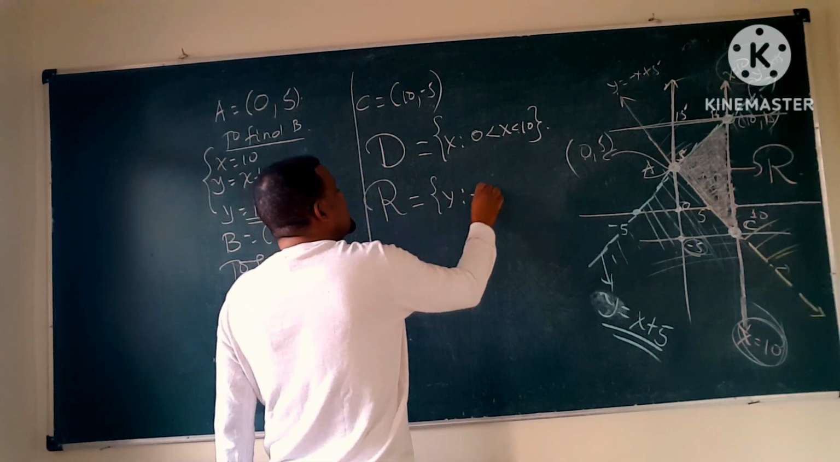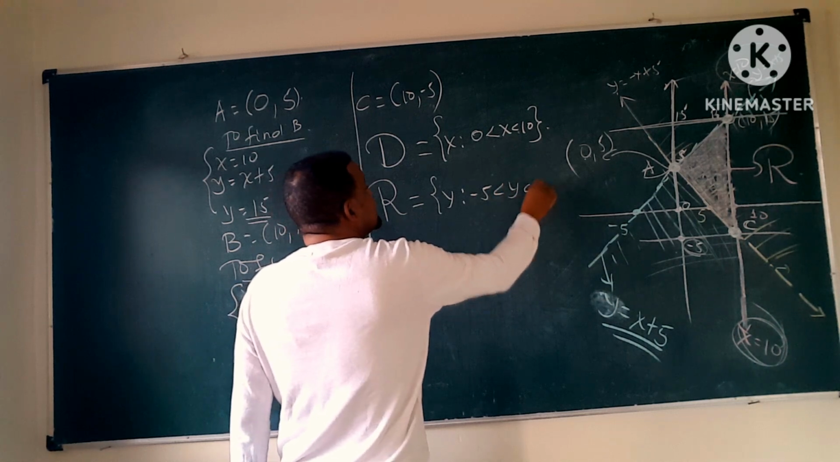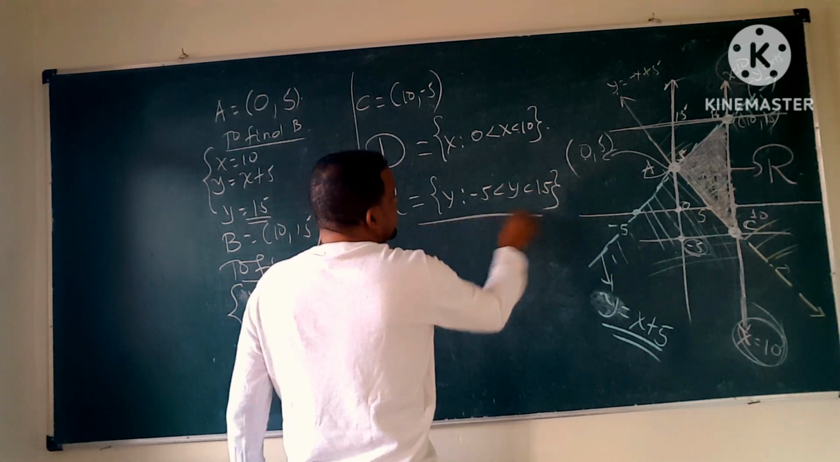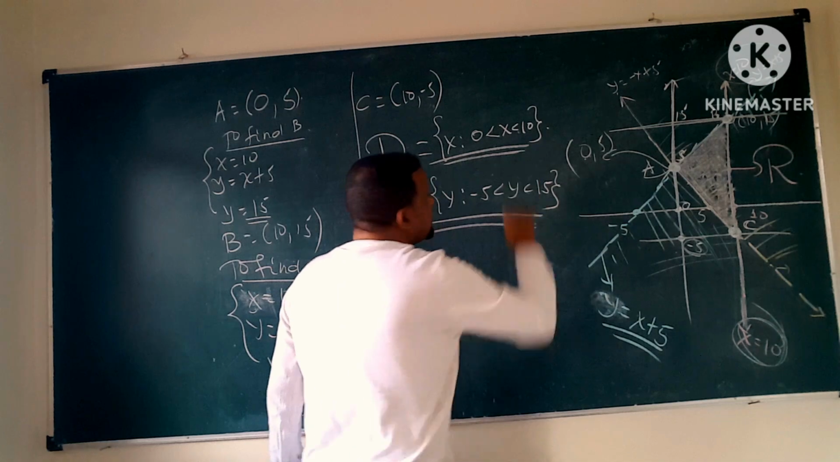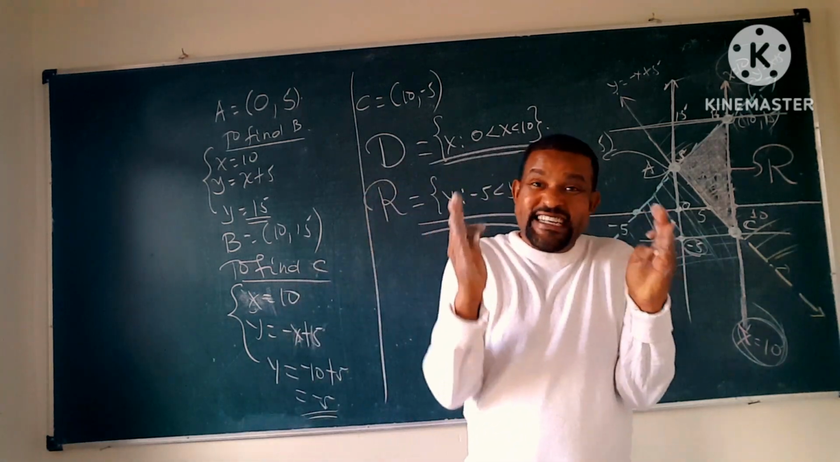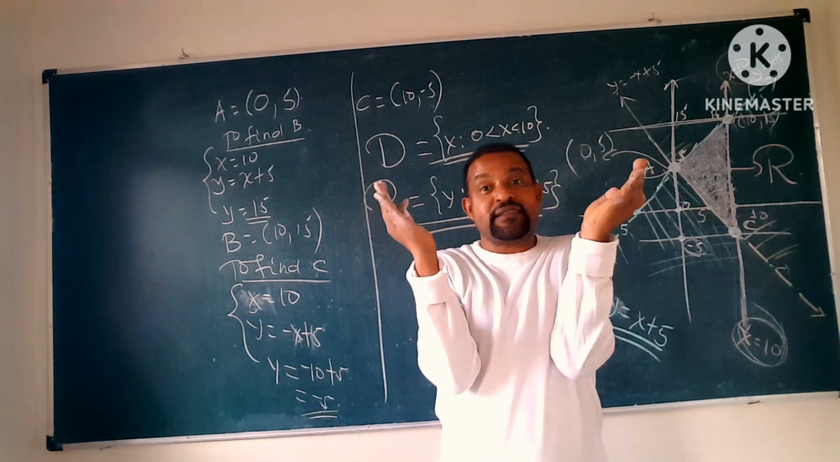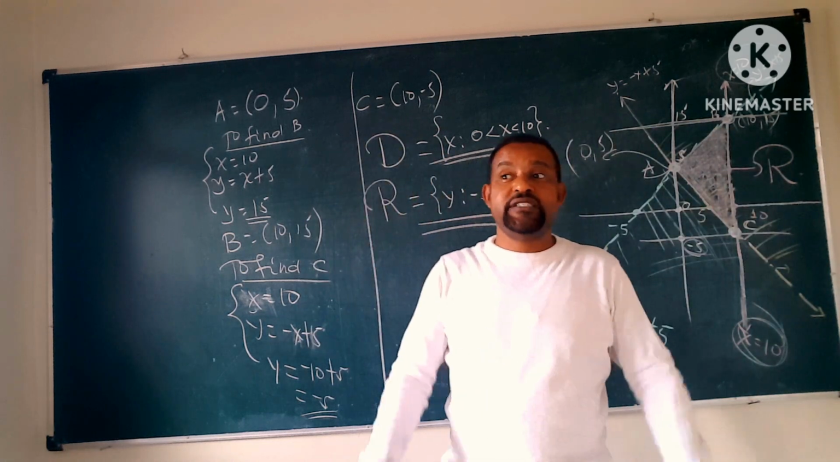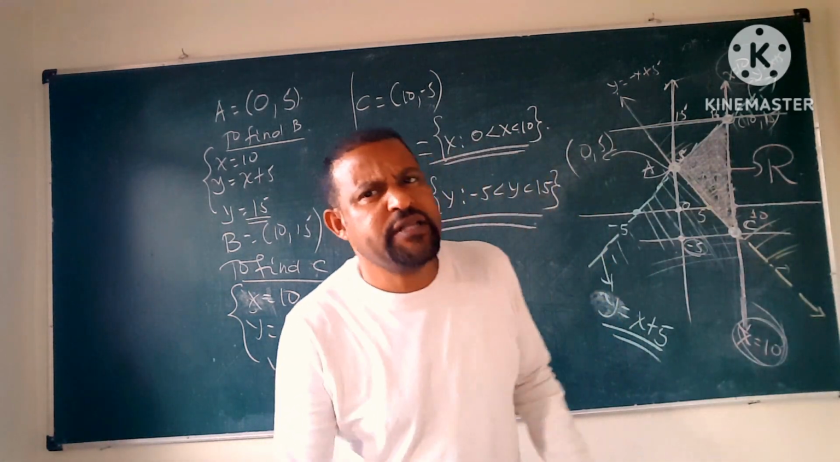ሬንጃችን ማለት: so the set of all y such that −5 < y < 15. This is the range. This one is the domain. ስለዚህ ዶሜና ሬንጃችን እንደዚህ በ3 ወይም በ4 አቅጣጫ ከታጠረ ዶሜናና ሬንጃችንን እንደዚህ መፈለግ እንችላለን ማለት ነው።